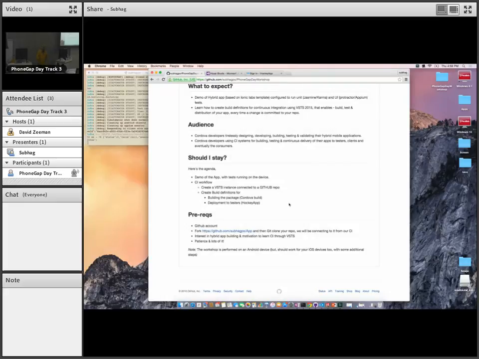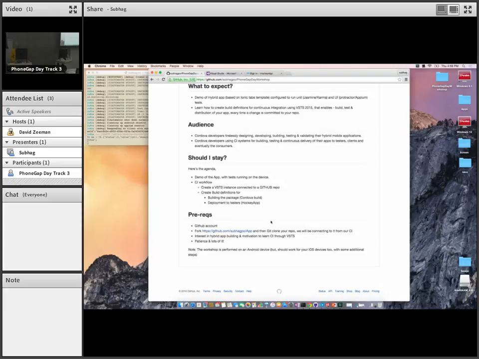So we can talk and discuss how you can use these systems to deploy. So should I stay? If the answer to both questions was a raised hand, you should stay. Even if the answer to one of them was no, I think you should stay because you'll learn something new. And we'll do the activity so you will see the pain points that can be solved by our VSTS cloud